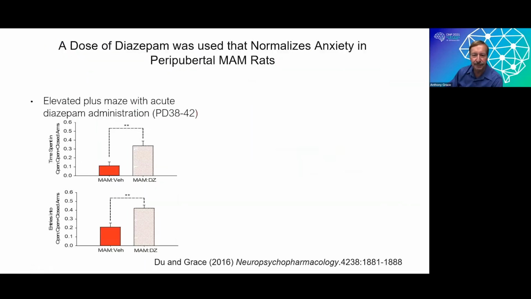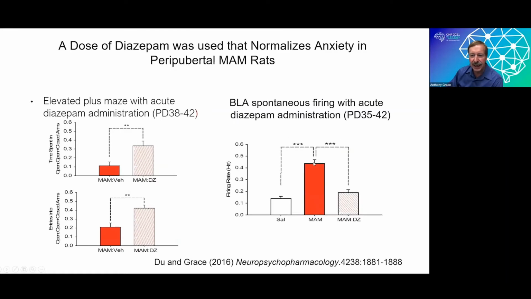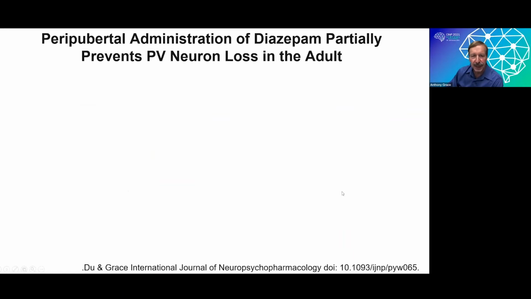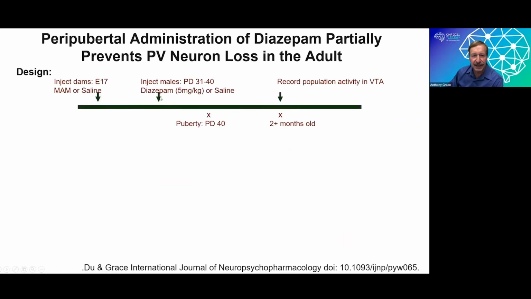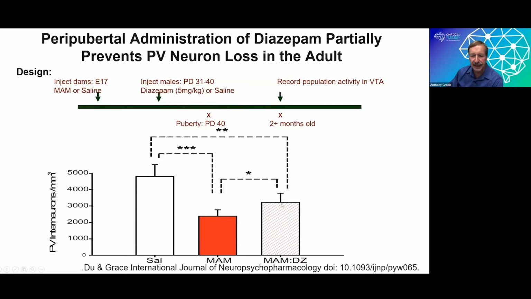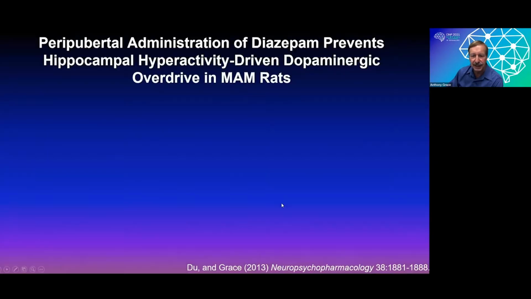Now, if stress plays a role in the development of schizophrenia, what if we can circumvent the stress early in life? Well, we did this by using the anti-anxiety agent diazepam, and this was given at a dose that normalized activity in the elevated plus maze and brought amygdala neuron firing back to normal. What we found is if we gave this pre-pubertally, just for 10 days, withdrew them from the diazepam and looked at the MAM or control animals as adults, what we find is a blunting in the loss of parvalbumin interneurons,